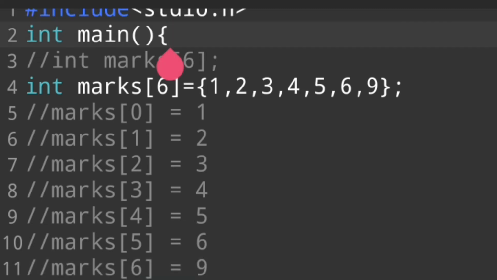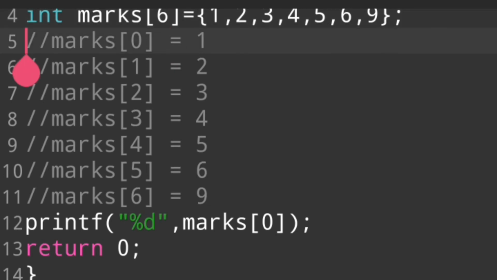So this is a shortcut to declare and take the value of a variable name. In this case we declare integer mark 6. Mark 6 means we are able to use 6 variable names. For example, mark 0, marks 1, mark 2, mark 3, marks 4, marks 5, mark 6.